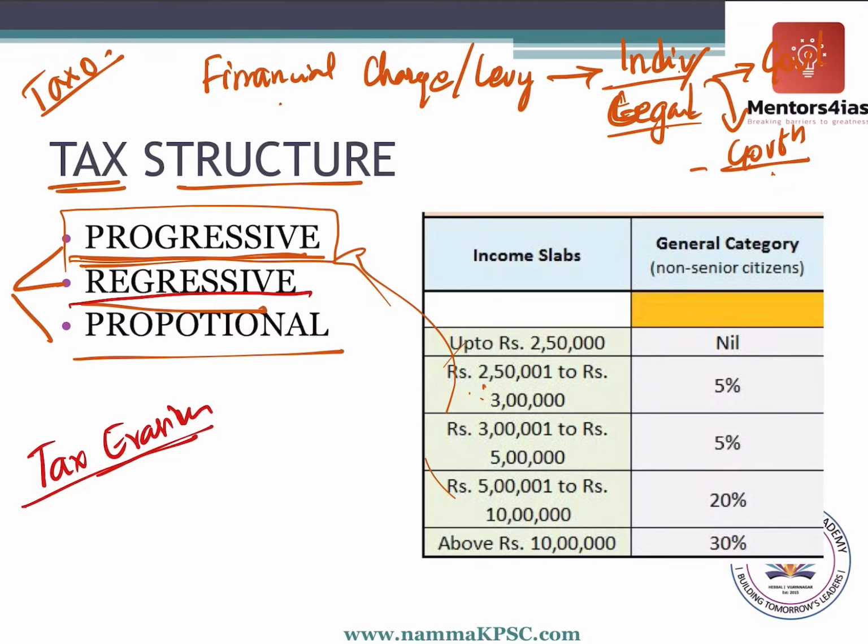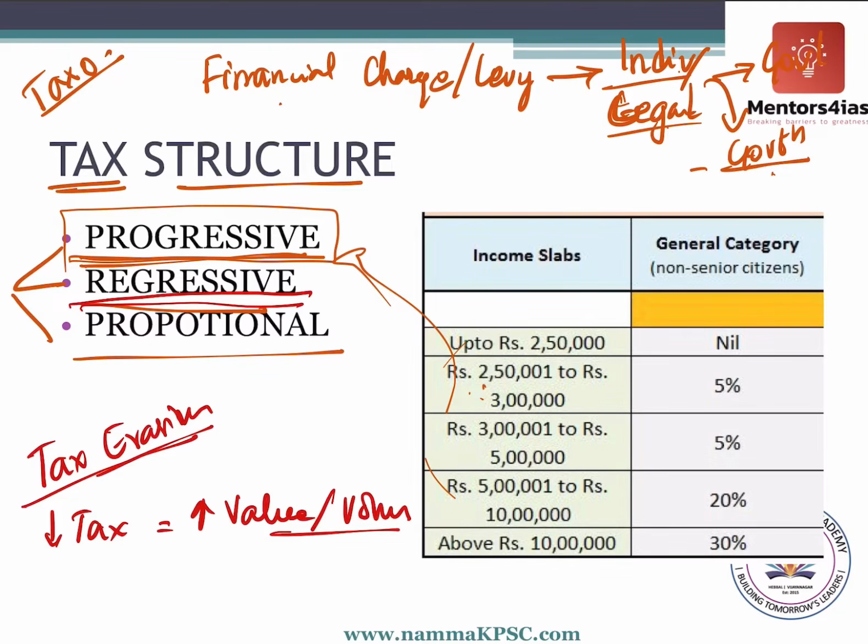Next is regressive tax. This is the opposite of progressive tax. That means here the tax rate decreases with an increase in value or volume. For example, if you earn more, you will have to pay less tax. It is not a very common type of tax because it increases income inequality. The rich will be taxed less and the poor will be taxed more. So it is not commonly used by any democratic country,